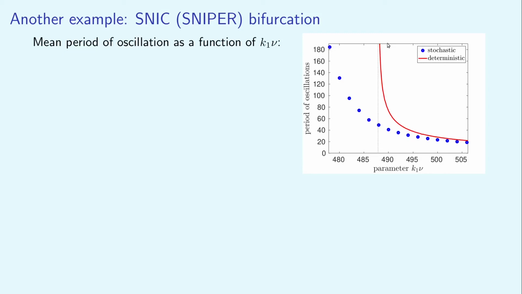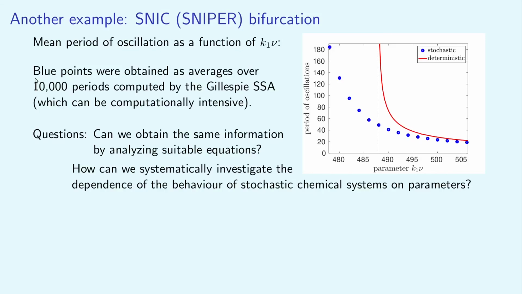We have already discussed that the period of oscillation is infinity at the bifurcation point 488, and the deterministic model does not oscillate for smaller values of k1 nu. On the other hand, the stochastic model oscillates for all considered parameter values. In this plot, blue points were obtained as averages over 10,000 periods computed by the Gillespie stochastic simulation algorithm, which